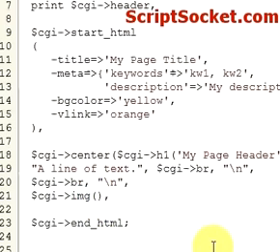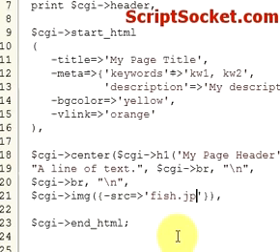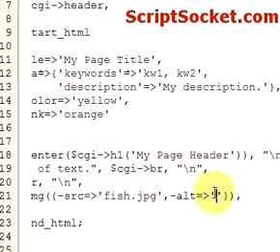So first of all, our src, so src equals fish.jpg, and then I think we will put in an alt, so comma alt a fish, and